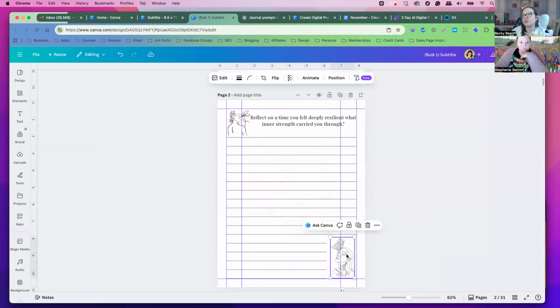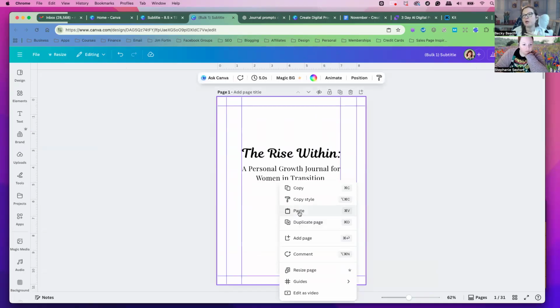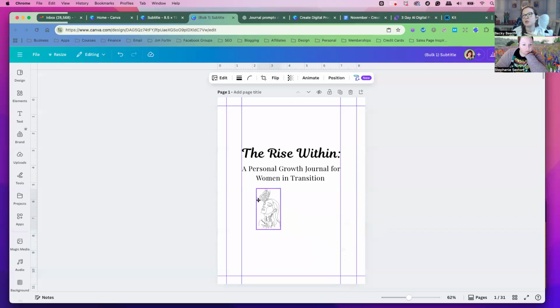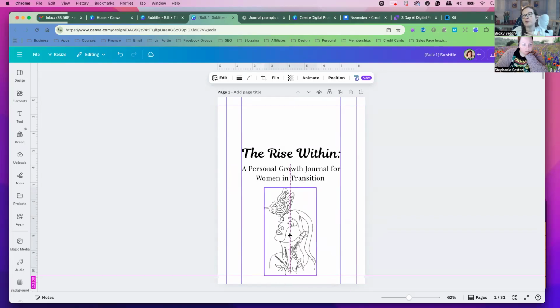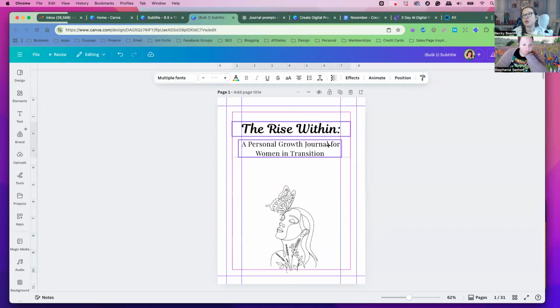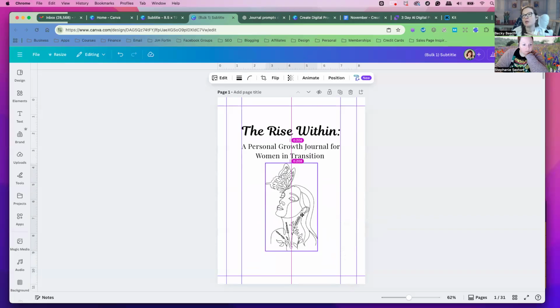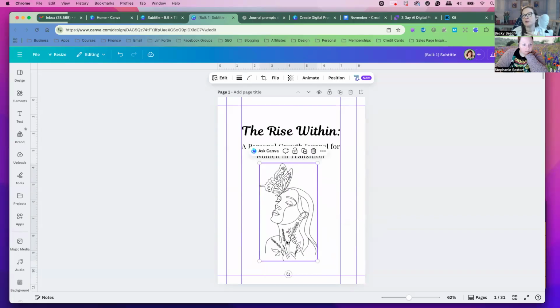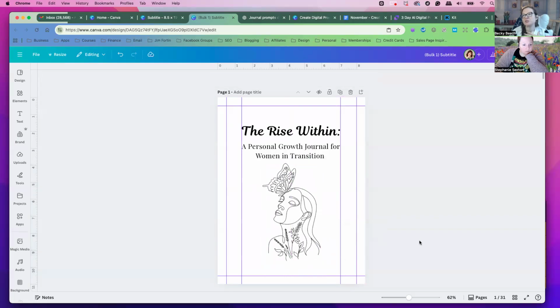So yeah, I really like this image. I'm going to go ahead and copy that image so it's all cohesive, because we want everything to be cohesive across the planner. And then we'll fit that. I think that could be cute. Then we'll move this and push it up. Then we put that. Yeah, I think that could be very cute. It's a simple planner.